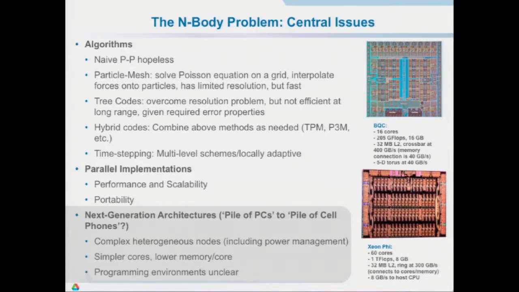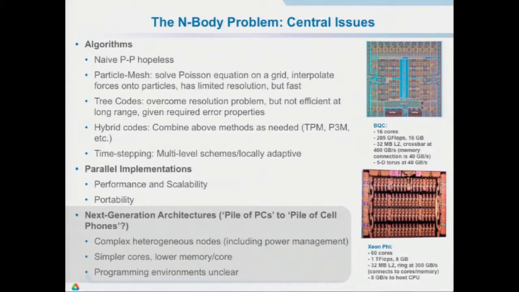So we combine what's called a particle mesh method, which was invented initially in computational fluid dynamics at Los Alamos in the 50s, and then transported to plasma physics in the 60s, and then borrowed by a number of other fields since. And then we also use tree codes. Well, I won't say too much about this because Hal is going to cover this later on. And we actually use a combination of these algorithms.